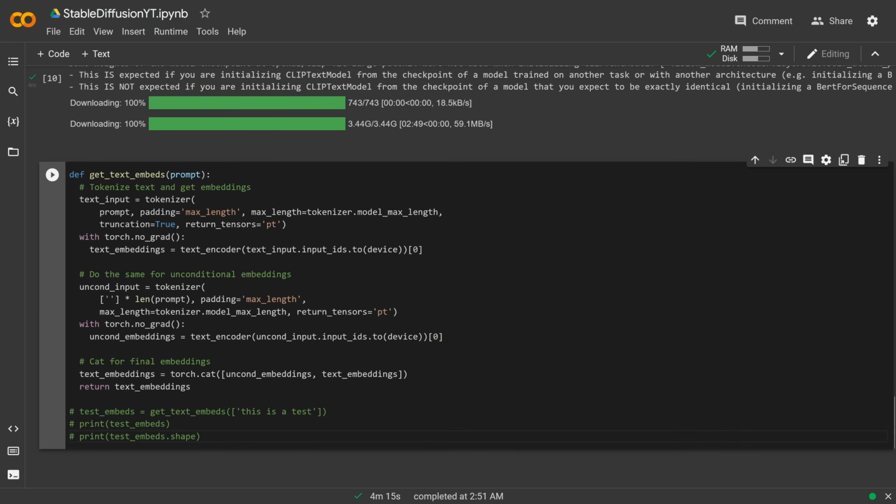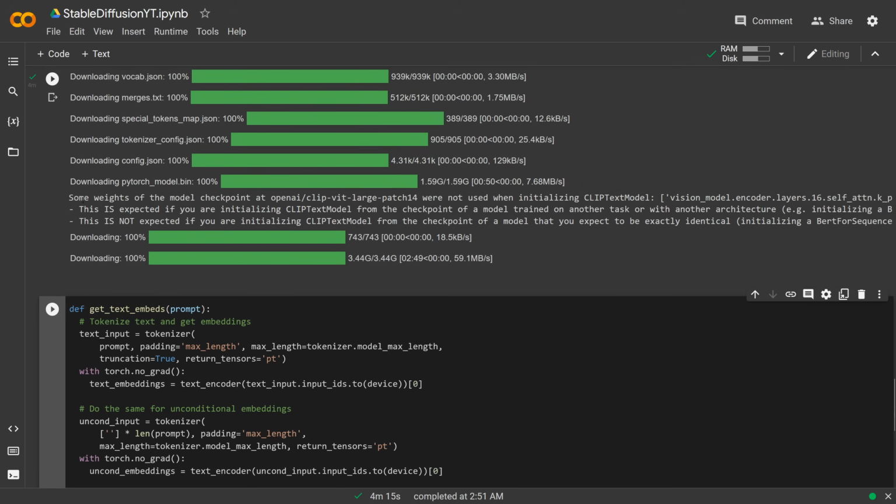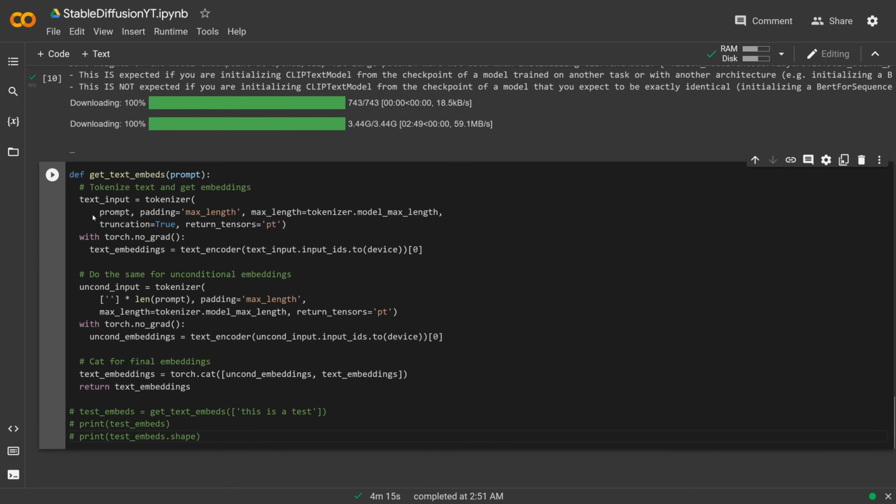So this is what we're going to do next. Now that we have all the models downloaded, we need to actually take the text that we're going to get in our prompt. This is the first step, right? We start with a prompt and we go from there. So we're going to take in a prompt and we're going to do a few things. In this function, first we tokenize our text, so this will turn it into tokens. And then we run those tokens through the encoder, which will